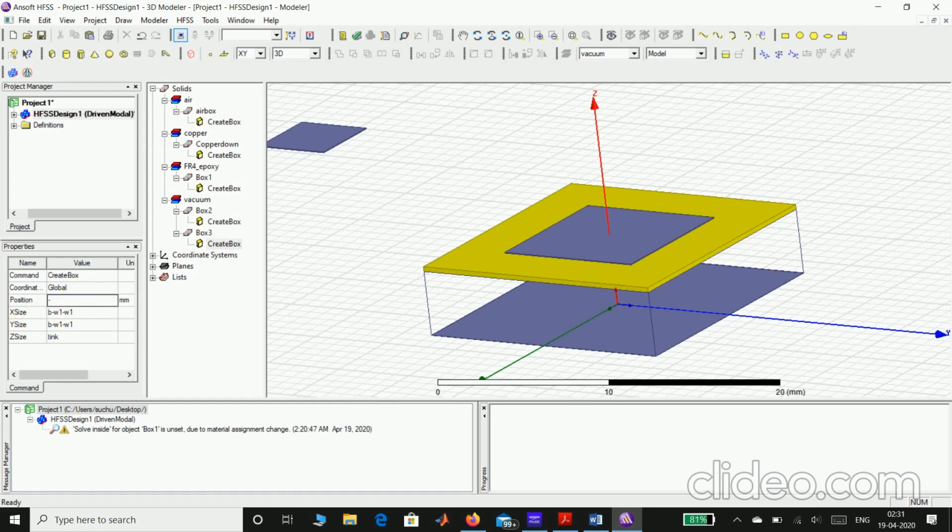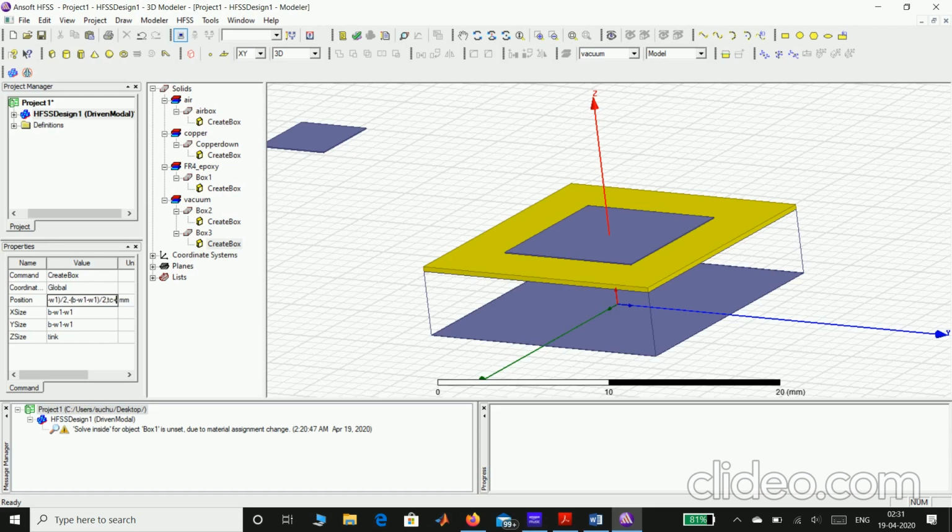So minus of b minus w1 minus w1 by 2 comma, minus of b minus w1 minus w1 by 2 comma tc.